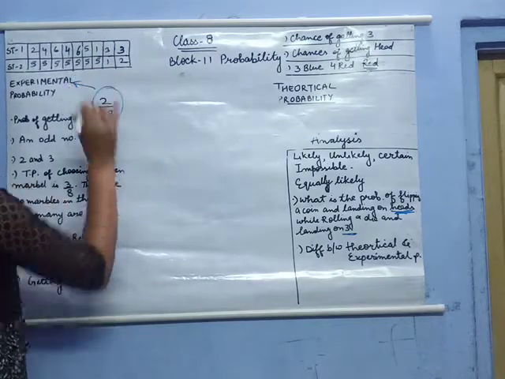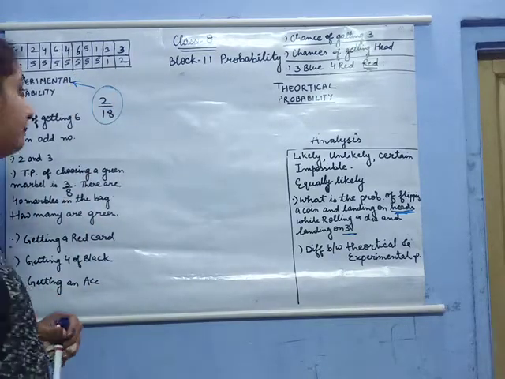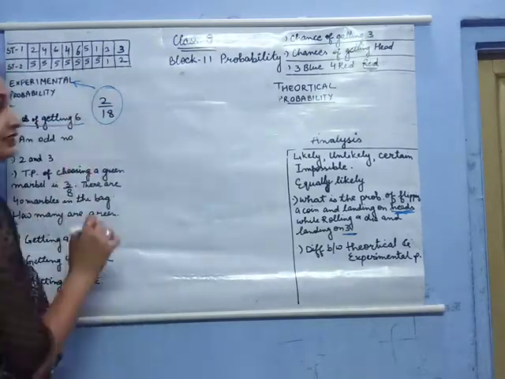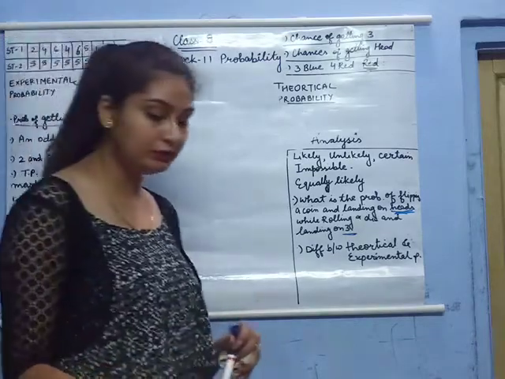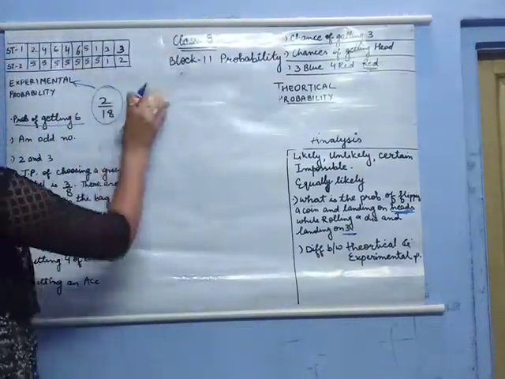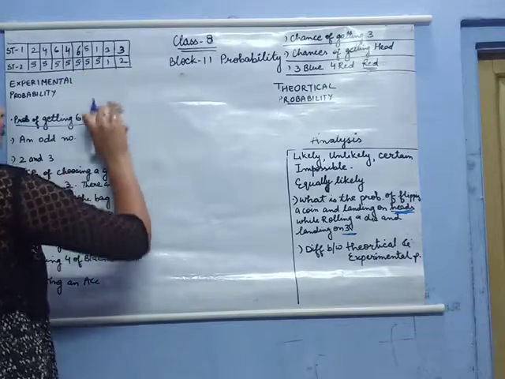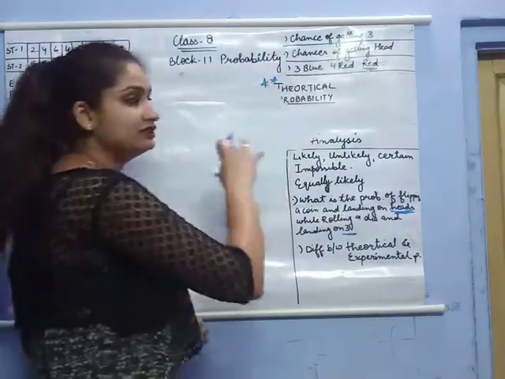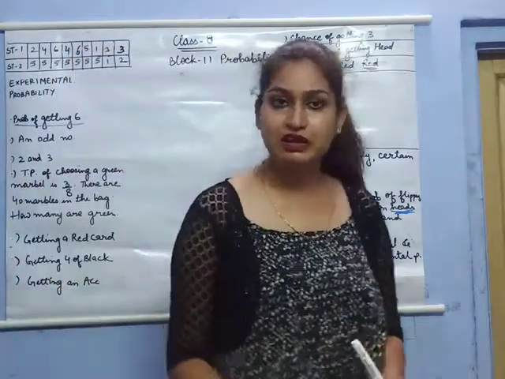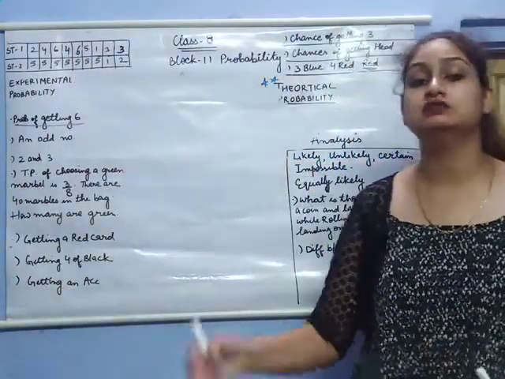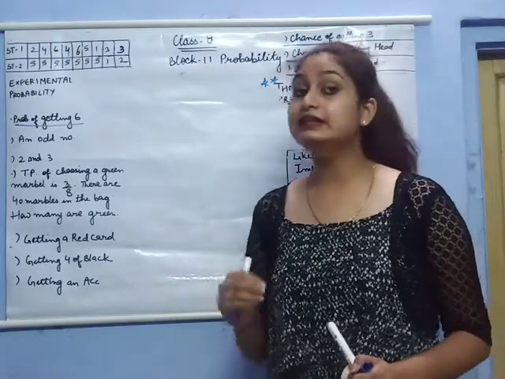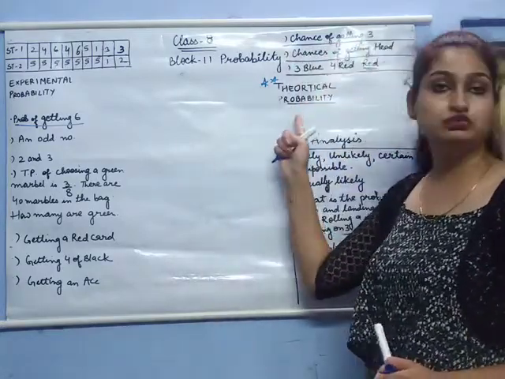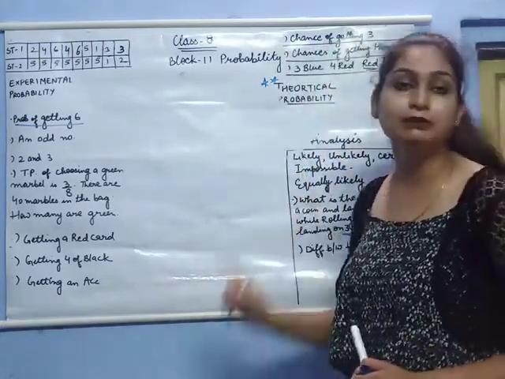Experimental probability. But if I talk about the probability of getting 6 according to theoretical probability, whenever we are not stating otherwise, if you're talking about probability, you're talking about theoretical probability, unless it is given to you that this is an experiment, these are the results of an experiment, and out of this you have to find the experimental probability. Until then we are using the term probability for theoretical probability.